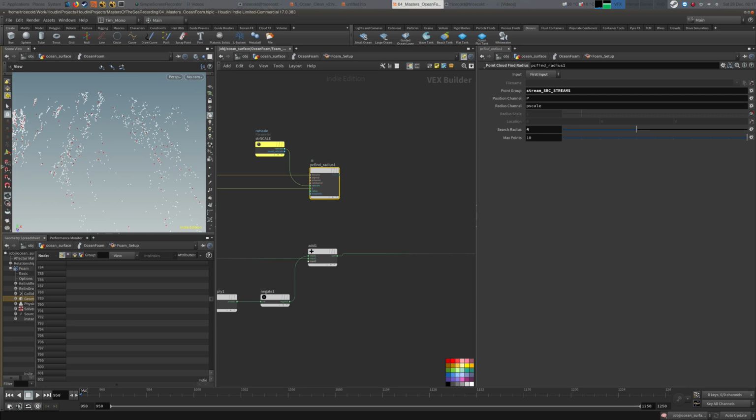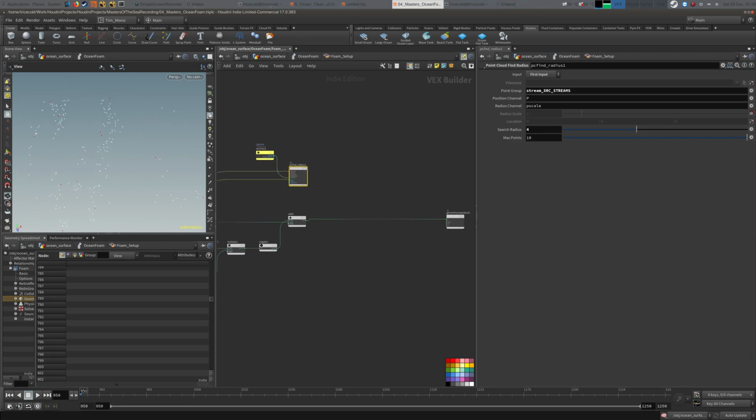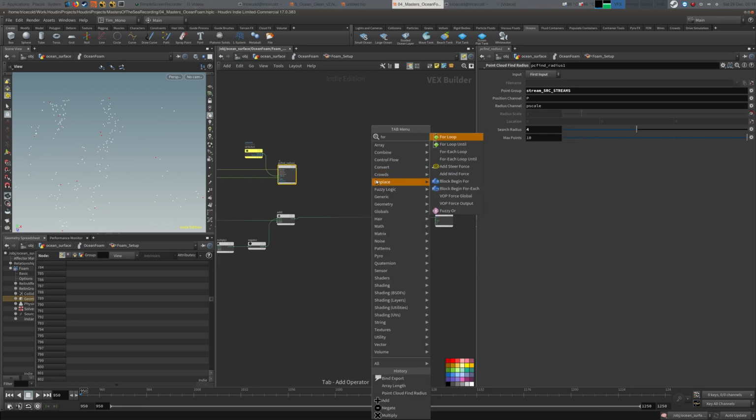So we don't want to run our additional operations on the points that are not found and just ditch the values, but we just want to run over this point, this point, this point, this point, because you're within the range of 4. So in order to do that, we're gonna drop in a for loop,